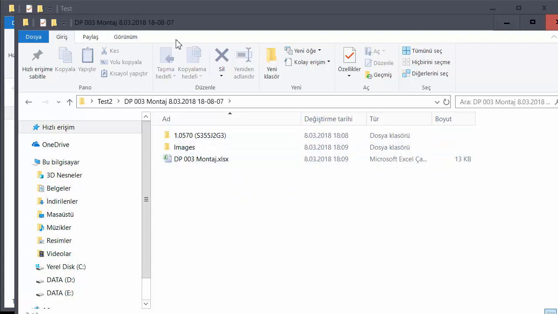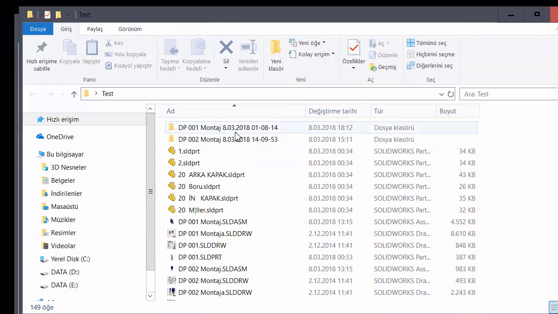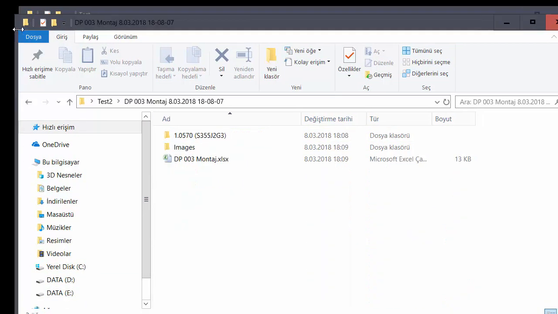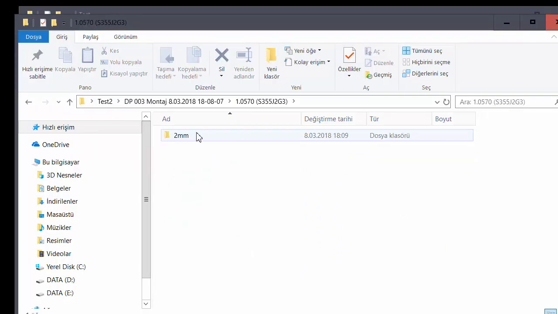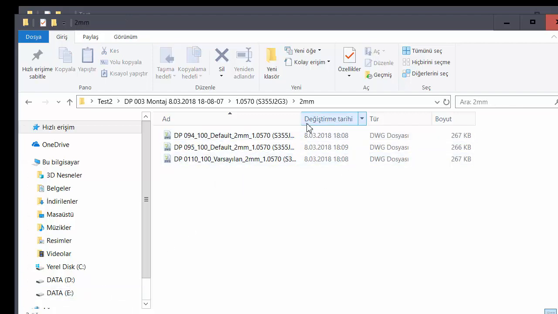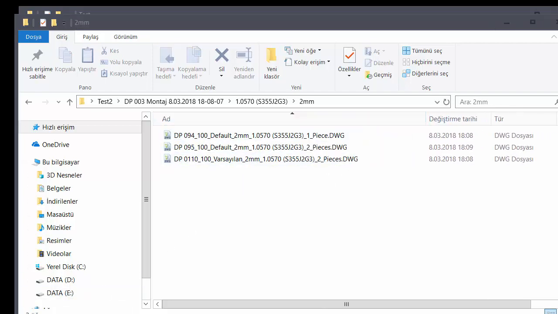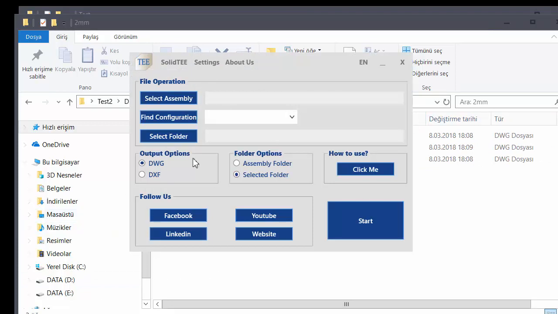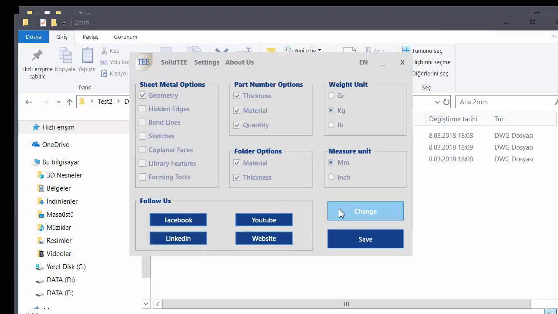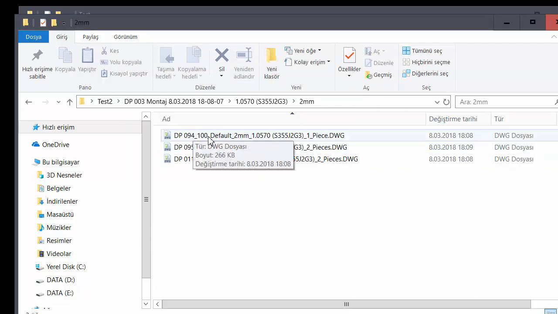If I click, sorry, you will see filter by material name and filter by thickness, and you will see the DWG or the DXF format. Why is it showing? Because you can select folder options, material and thickness. If you select this, firstly filter by material, filter by thickness, and you will see a very long part name,